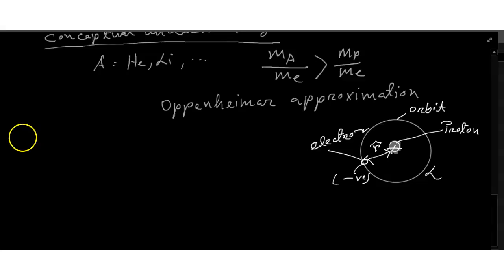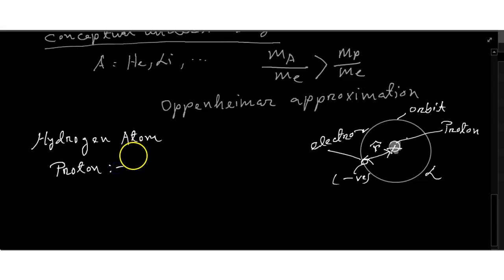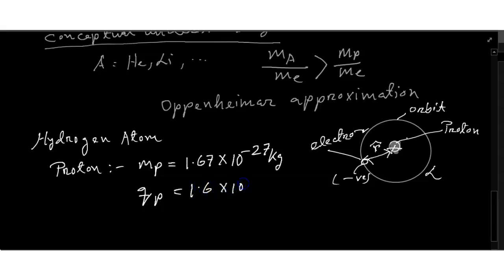Proton in the hydrogen atom: the mass of the proton, mp, is equal to 1.67 into 10 to the power minus 27 kg, and the charge of the proton is 1.6 into 10 to the power minus 19 coulomb,